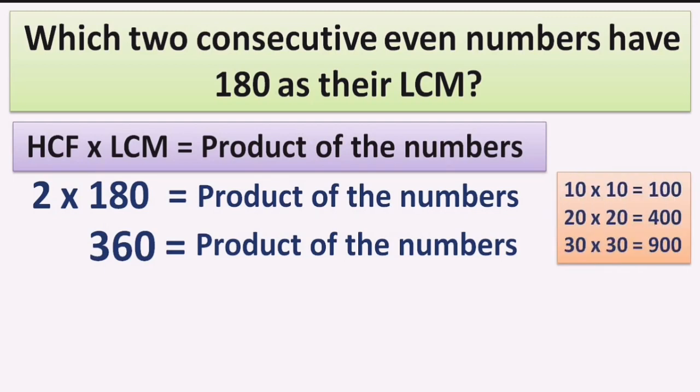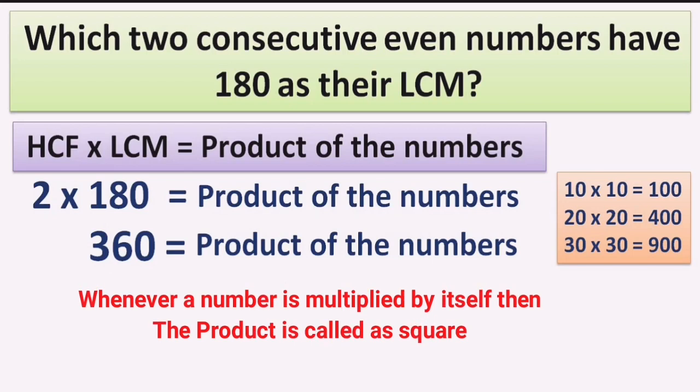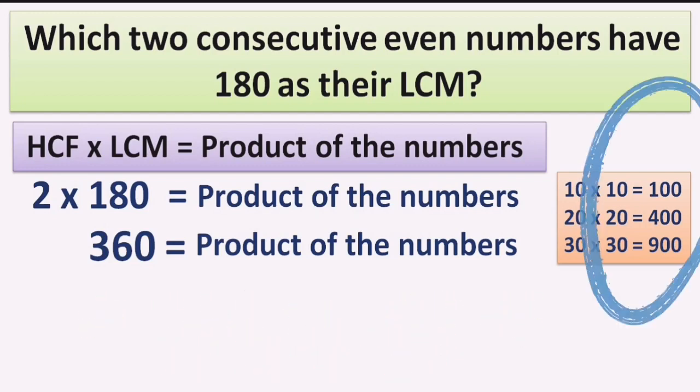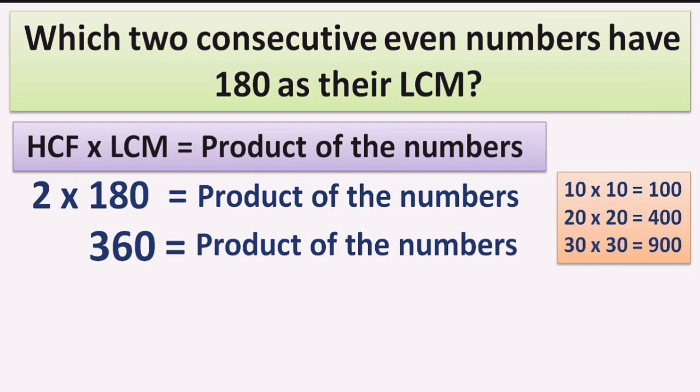Now towards your right side on the screen, you can see a few multiplications written, right? 10 into 10, 100, 20 into 20, 400, 30 into 30, 900. My dears, this is called squaring of the numbers. Whenever a number is multiplied by itself, the answer or the product is called the square of that number, right? So I have written squares. 100, 400, 900 are nothing but the squares of those numbers. Which numbers? 10, 20 and 30 respectively. You can go ahead also. According to our need, we can rightly form the squares till 100 also, right? They are very easy to calculate, right?